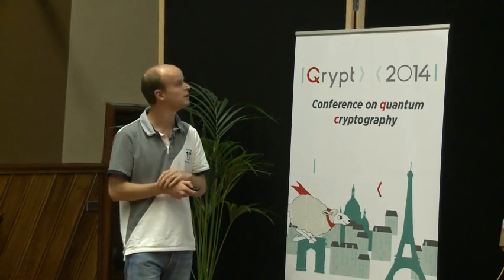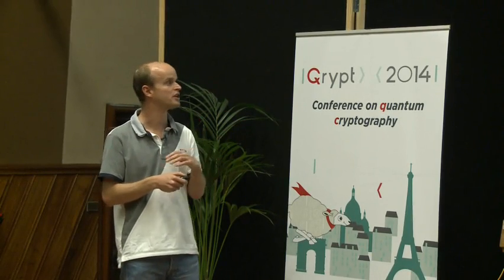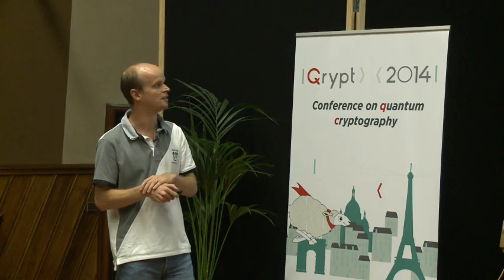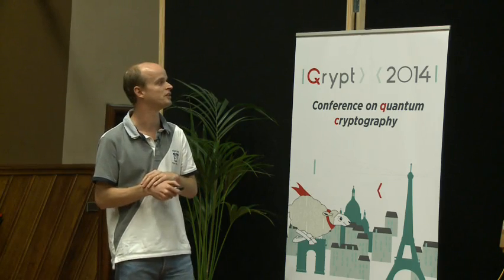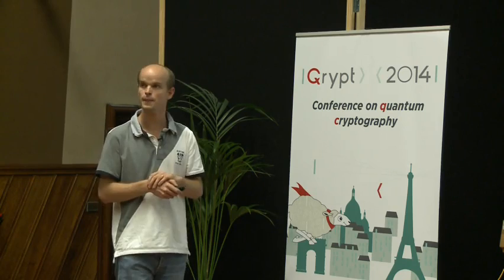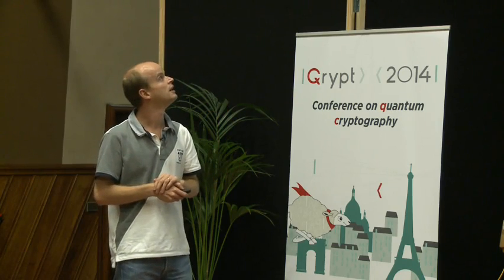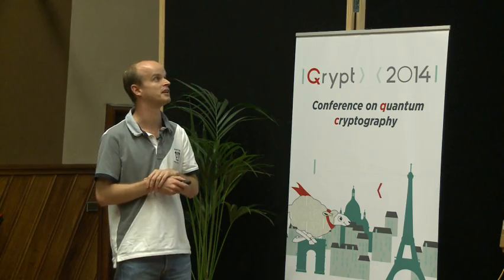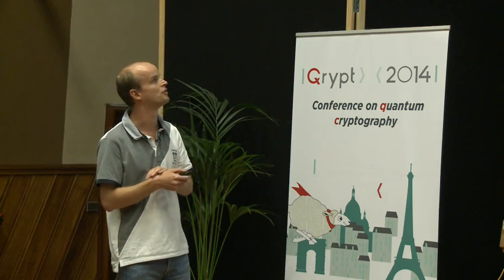If it passes, they proceed with privacy amplification, so they apply a random universal hash function to their respective strings, and they obtain two secret strings of size L. Okay, so this is the protocol. And the main result is that this protocol is epsilon secure against collective attacks if a certain number of conditions